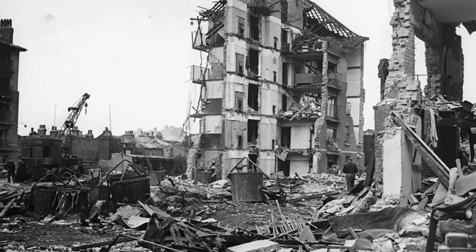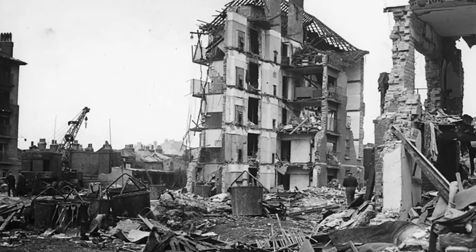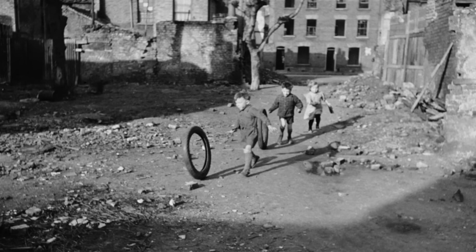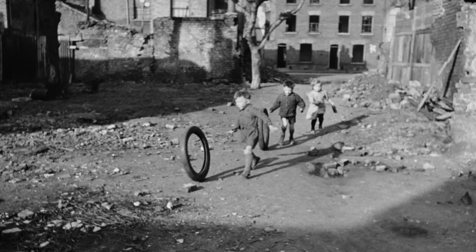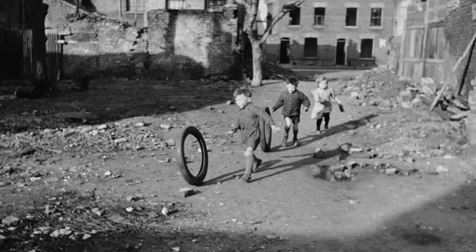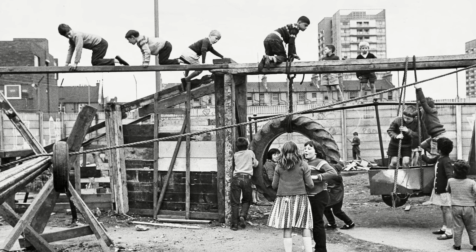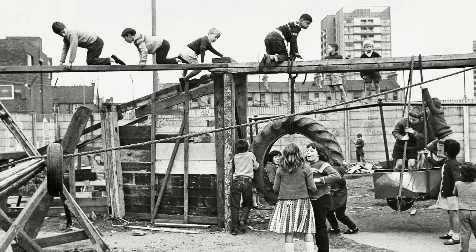But from the ashes would soon rise a new type of playground, one that would be quite literally built on the remains of old. With nowhere else to go, kids started playing in the ruins of bomb sites, climbing and exploring the remains of their destroyed cities. This idea would eventually be adapted into the adventure playground, a type of playground that emphasized allowing children to manipulate